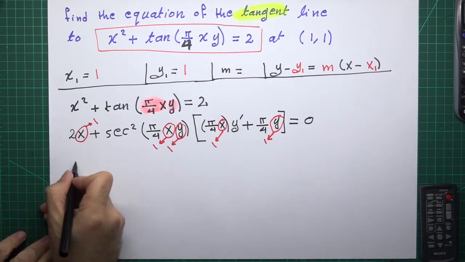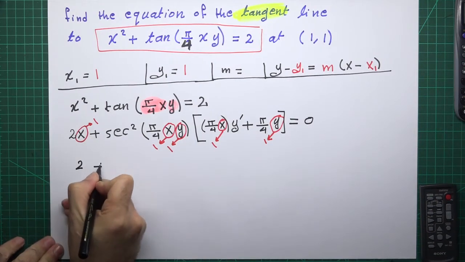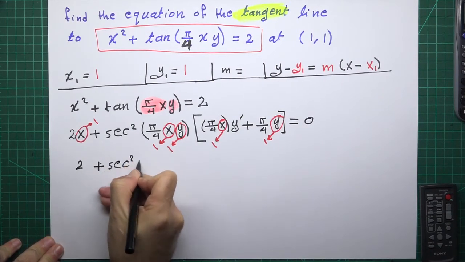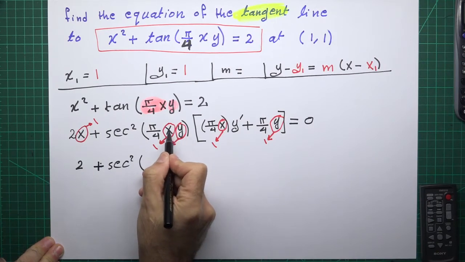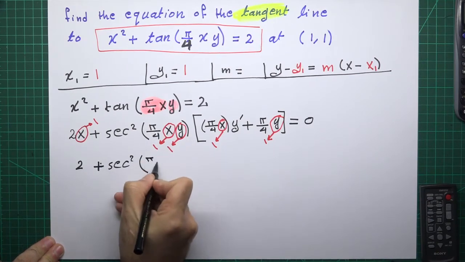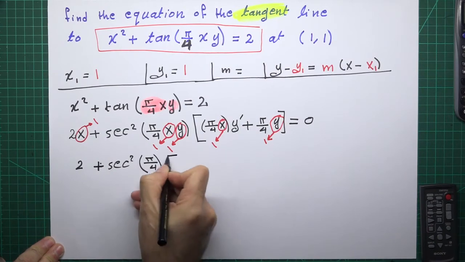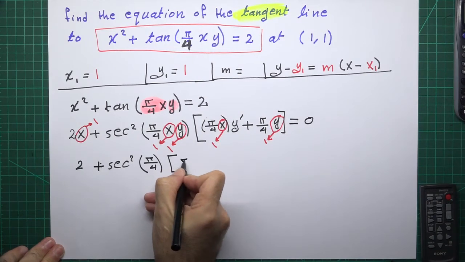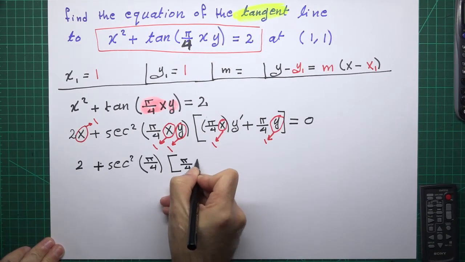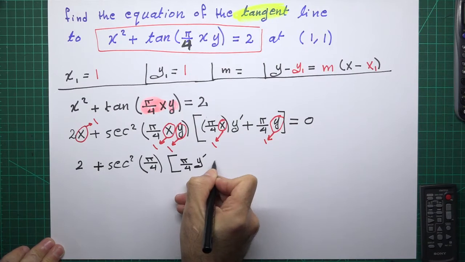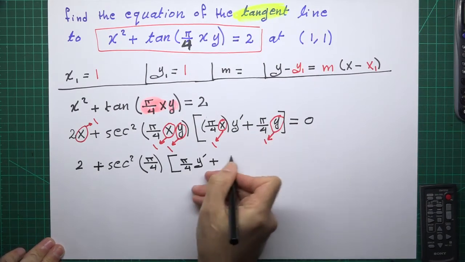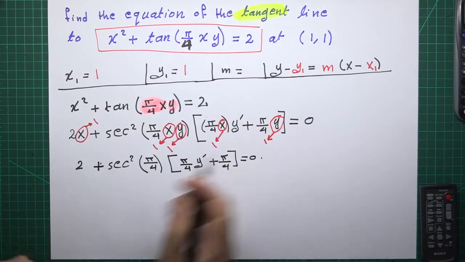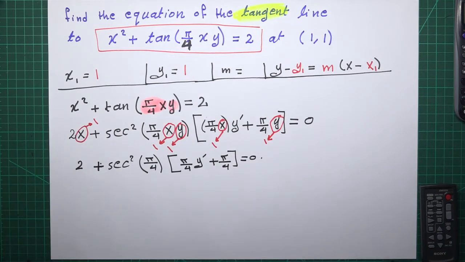2 times 1, 2 plus secant squared of 1 times 1 times pi over 4, pi over 4 times 1, pi over 4 y prime plus pi over 4 equals 0. الآن يا أصدقاء